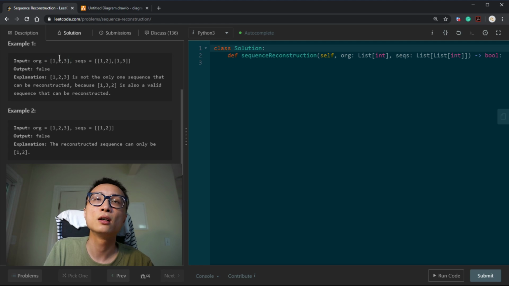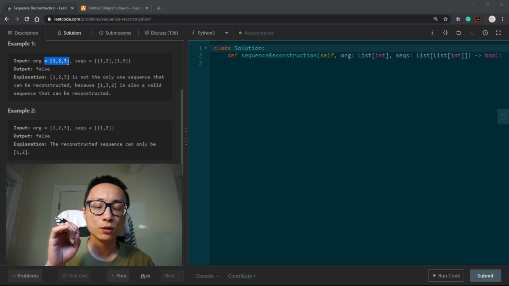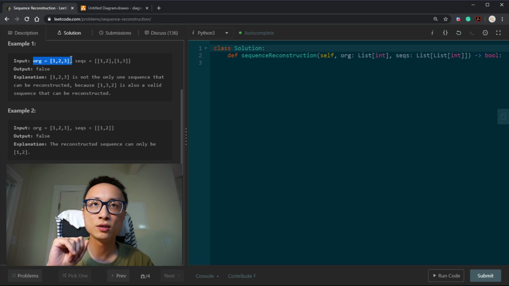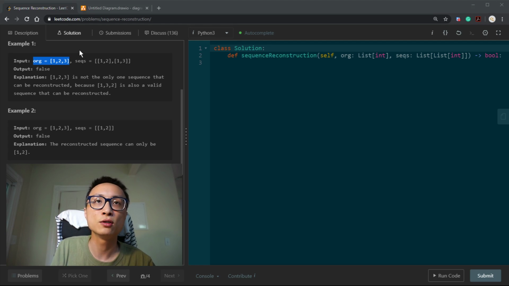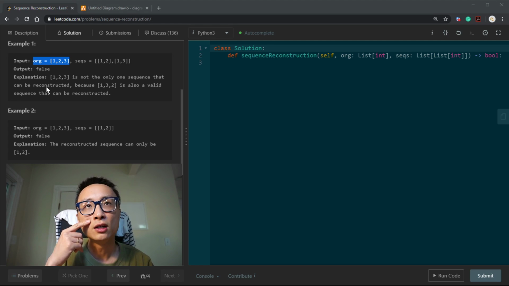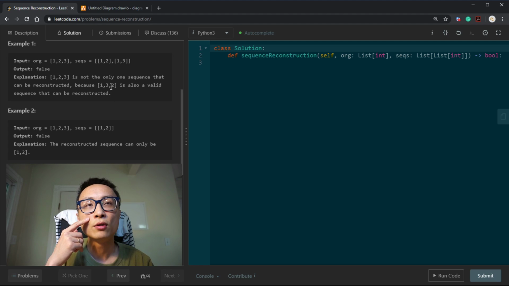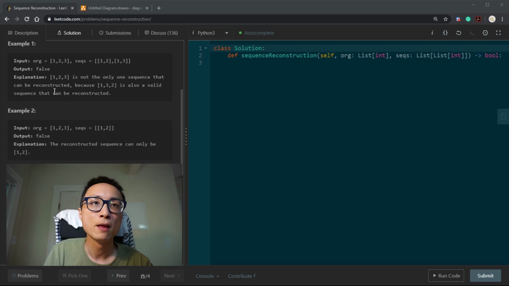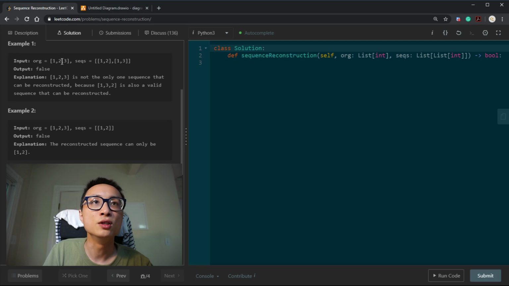So if we are only looking at the supersequence testing, the original sequence definitely satisfies that condition, but it's lacking uniqueness because 1, 3, 2 also satisfies it. We can have 1 coming before 2 and 1 coming before 3 in this supersequence. So 1, 2, 3 and 1, 3, 2 both satisfy the supersequence testing, so 1, 2, 3 is not the unique one.